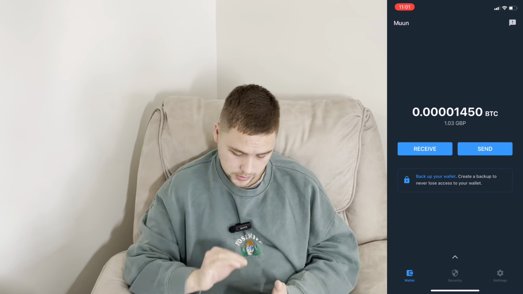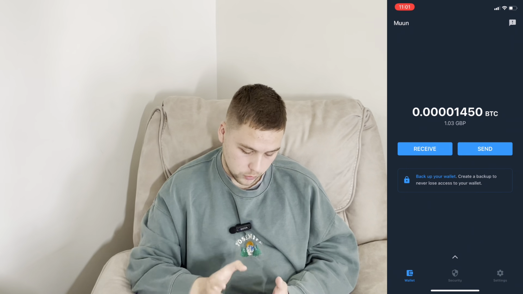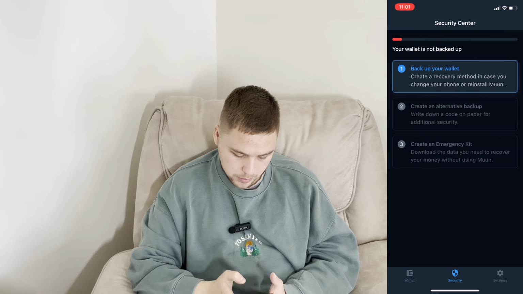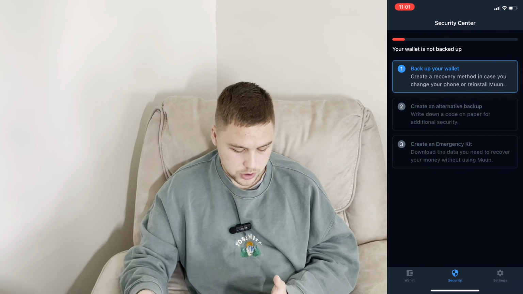So it arrived exactly perfectly as I sent from Wallet of Satoshi. What you'll need to know now is pretty much once you have the Satoshis, so you have some funds in your wallet, you would like to keep it safe. So I'll show you how to do exactly that. Press on the backup, and it says backup your wallet, create a recovery method in case you change your phone,